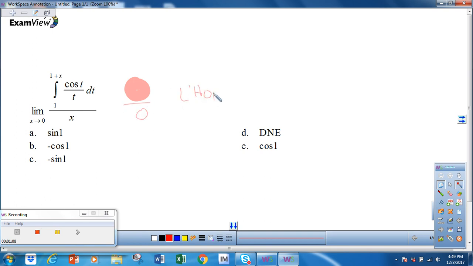Now you don't have to do this on a multiple choice. You have to do it, however, on a free response. So we say L'Hopital applies. So then we take the derivative of the top with respect to x,